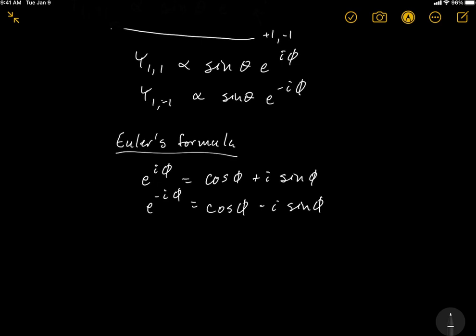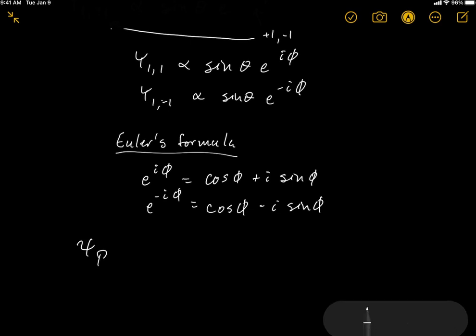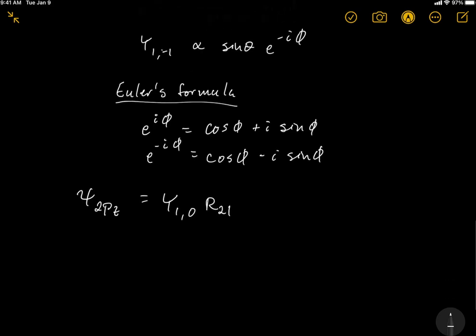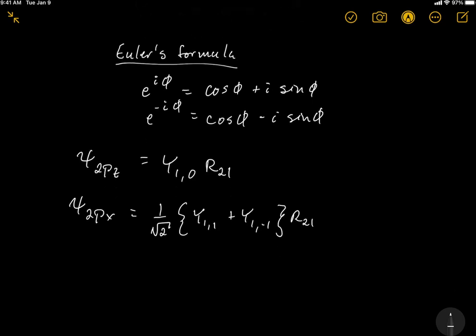So first of all, our psi 2pz is Y10 times R21. Then our psi 2px is going to be 1 over square root of 2 times Y11 plus Y1 minus 1. Okay, and then when you plug in and use Euler's formula on this,